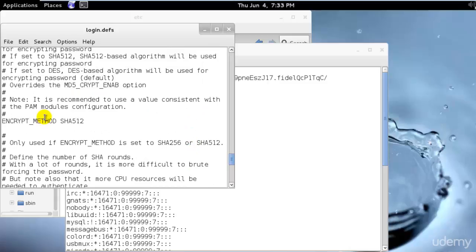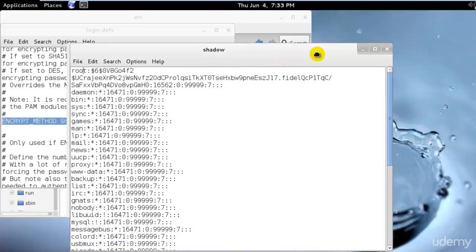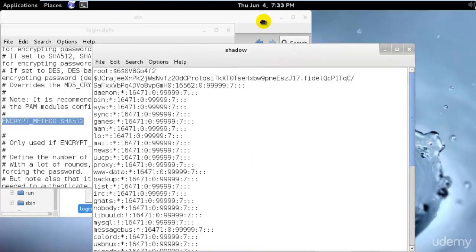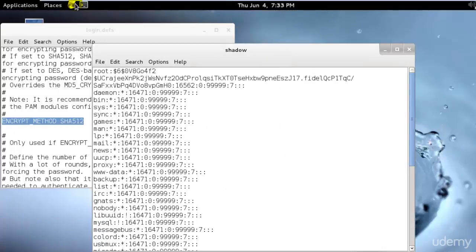Okay, so as you can see, we have the method over here. The encryption method is SHA-512. So now we have the hash file and we have the SHA-512 method. We know which encryption method it is using. This is very important, as we will need to tell Hashcat this information when we are ready to crack the hashes. Else, we'll have to use each and every other method and it will not work. So I'll just go ahead and fire up my